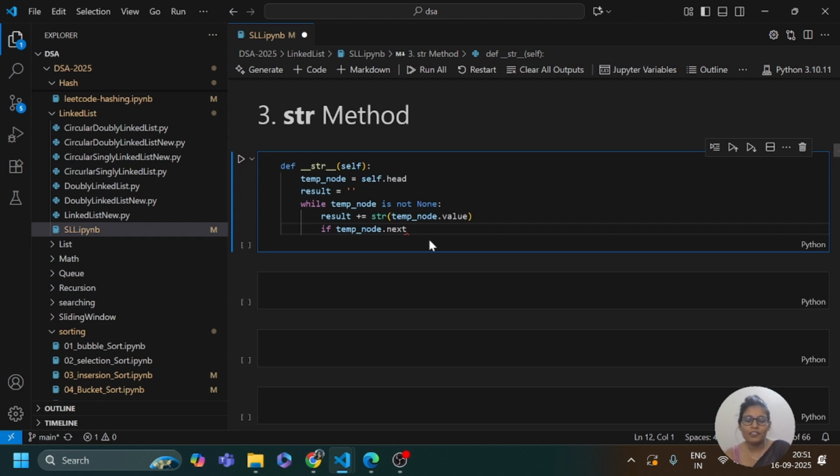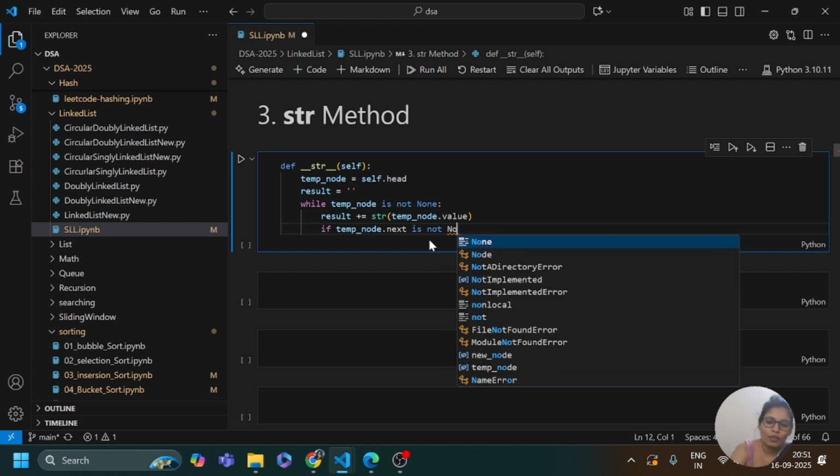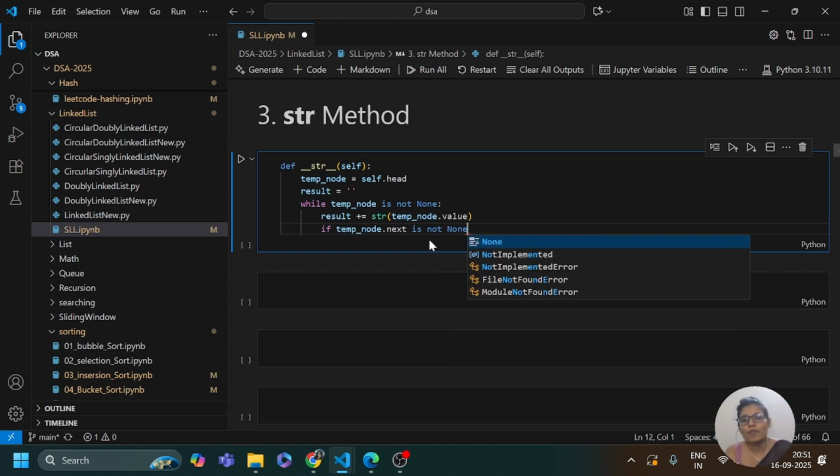The head has index 0, and index 1 is called temp dot next. So if temp dot next is not none, if we have a value as the next pointer to the temp, then we need to